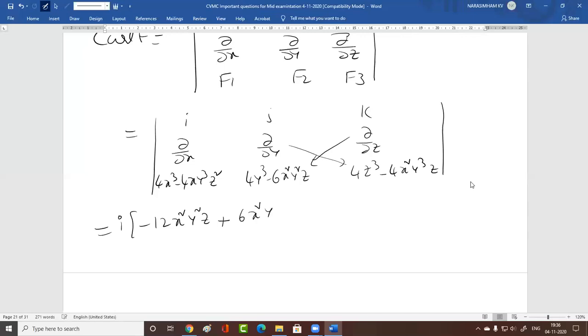This is the first term. j into dou by dou x of this term, the partial derivative with respect to x of 4z cube is 0, minus 8xy cube z minus